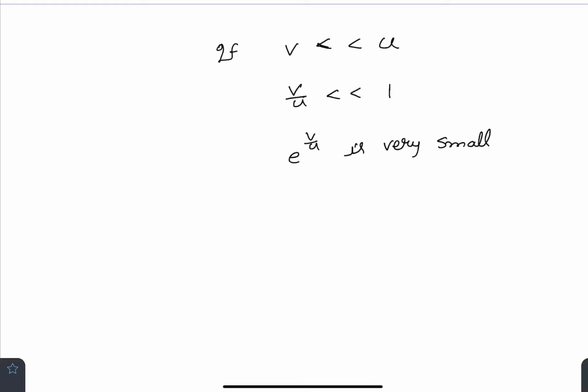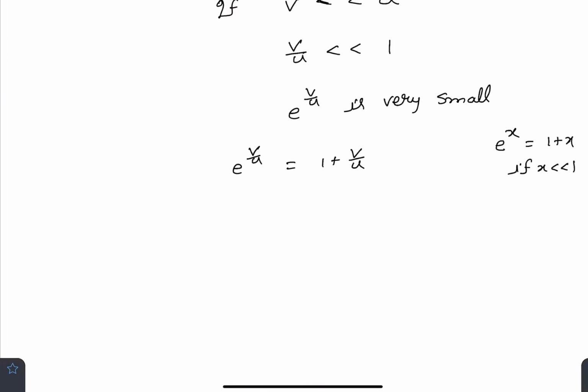We have the exponential expansion, e raised to x could be written as 1 plus x if x is very much less than 1. E raised to v by u in such case could be written as 1 plus v by u simply,